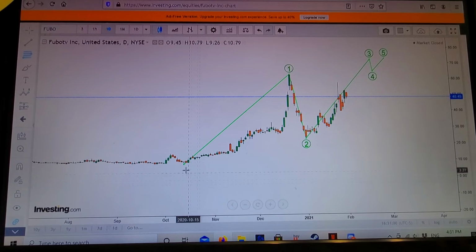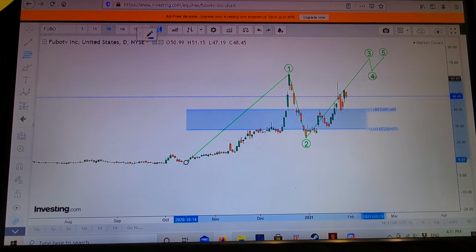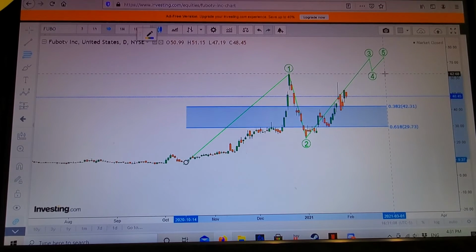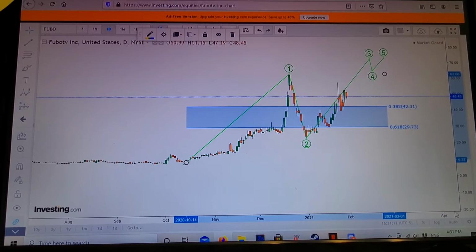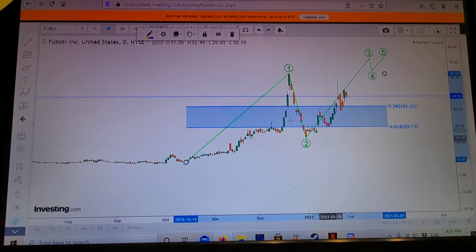So I would put the bottom of one, I would click and pull it over so it's easy to see, and I would go up to the top of one. So it's with the same price there, and we get our blue buy zone, as I would call it. We were talking about that 618, so it's retraced right in that area, a little bit deeper. Sometimes it can be on either side obviously, but either way it spent a reasonable amount of time inside of our buy zone before starting its projection up.